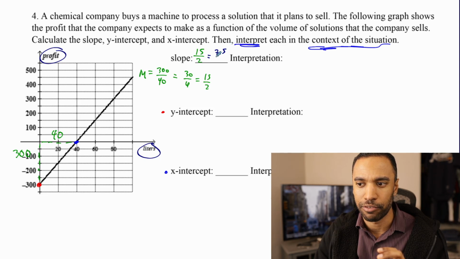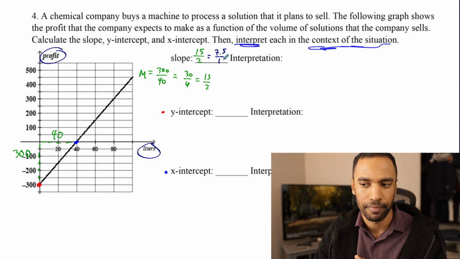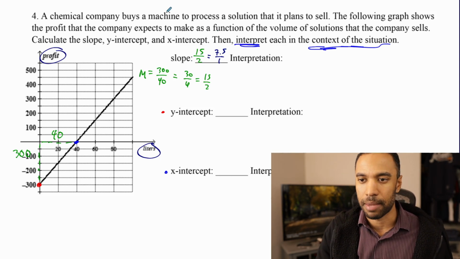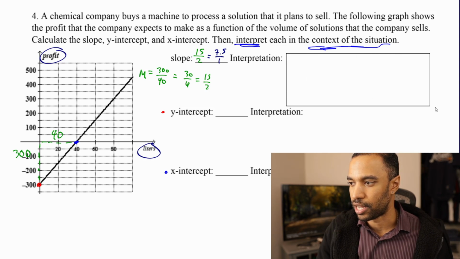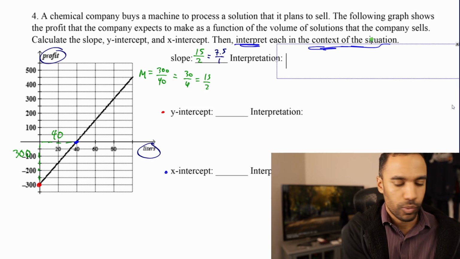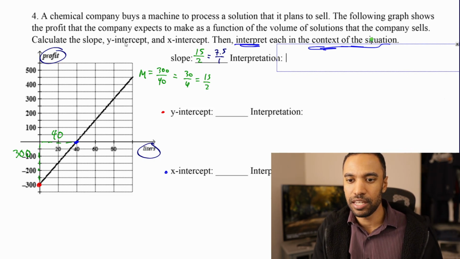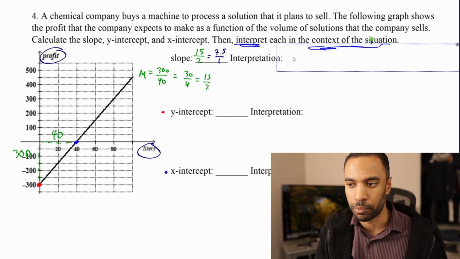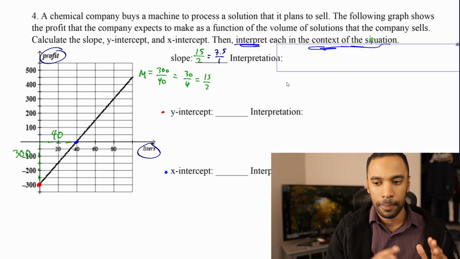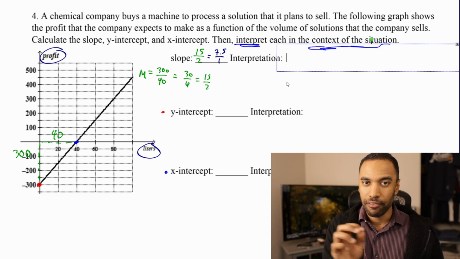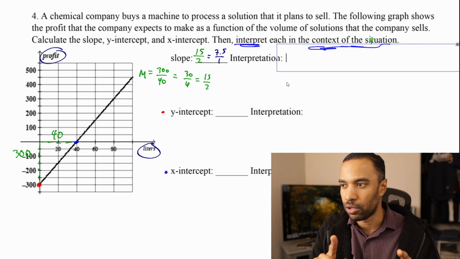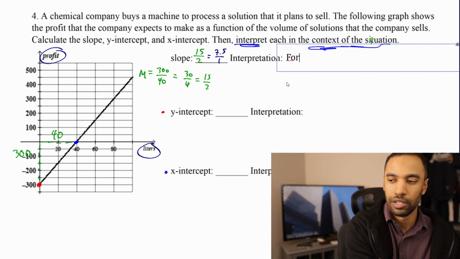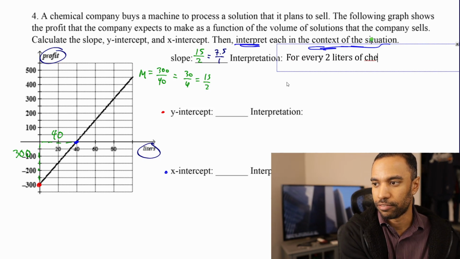I'm going to give you 7.5 over 1 as well. I want you to hear both of them. This is what's called a unit rate. This is what's called a simplified fraction. So the interpretation, and I feel like typing this one out here, so I'm going to go ahead and get that set up for you. The interpretation is, as we rise 15 and run 2, 15 is in profit, I assume in dollars. 2 is the run for liters, for the volume right here, in liters. So every time that I run 2, every time that I increase 2 liters that I sell, every time that I sell 2 liters of chemical solution, for every 2 liters of chemical solution sold,